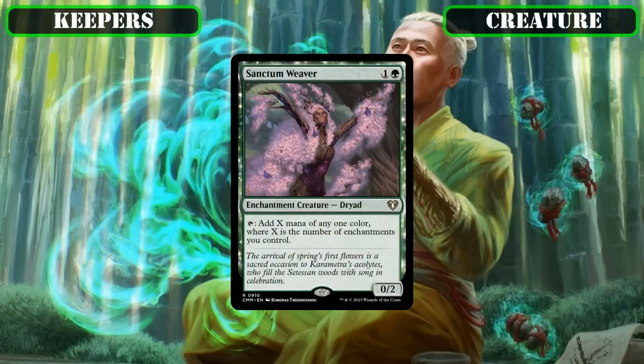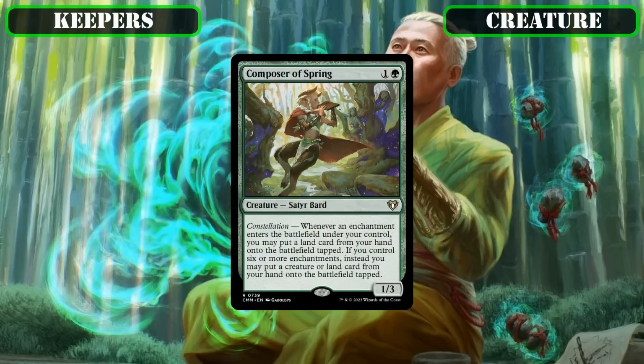Sanctum Weaver as a relatively cheap mana dork that scales with the number of enchantments we have in play, potentially allowing it to create huge pools of mana for us to cast even more spells in the mid to late game, Composer of Spring serving as an additional source of land drops as we cast our enchantments, and, eventually, once we have enough enchantments in play, as a way for us to cheat our creatures from hand into play instead to build up our board state even further,